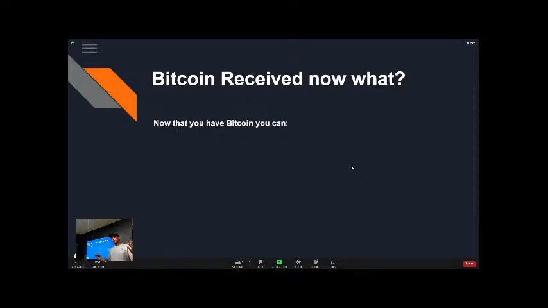Okay, so you've received your Bitcoin, now what? We've gone through the whole process. You've sent your transaction, you've received your transaction. Now what can you do with your Bitcoin? You can spend it. There are lots of online retailers that accept Bitcoin. You can send it to friends, you can start your own circular economy. Every time someone buys lunch, they get Bitcoin instead of fiat. You can do whatever you want with it. You can hold it or hodl it.